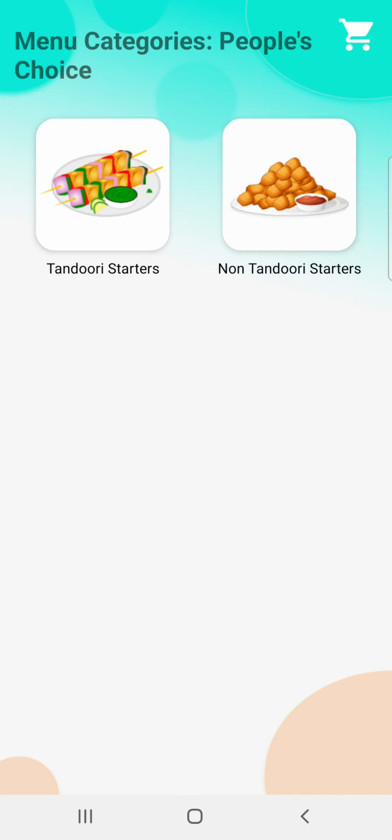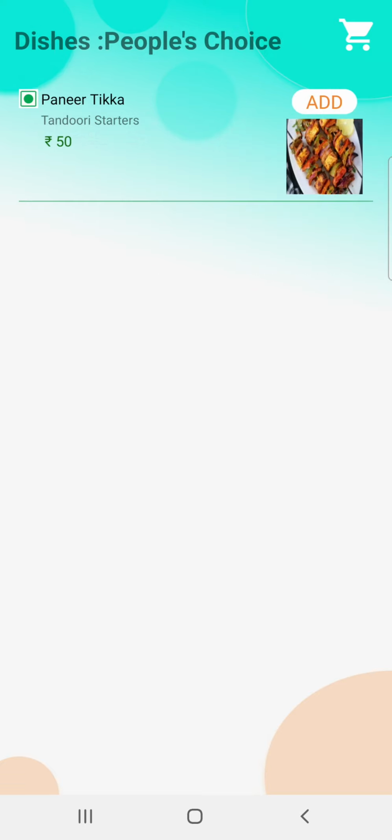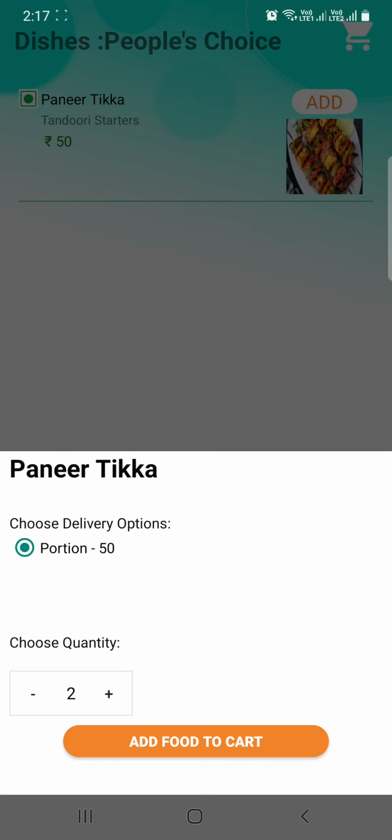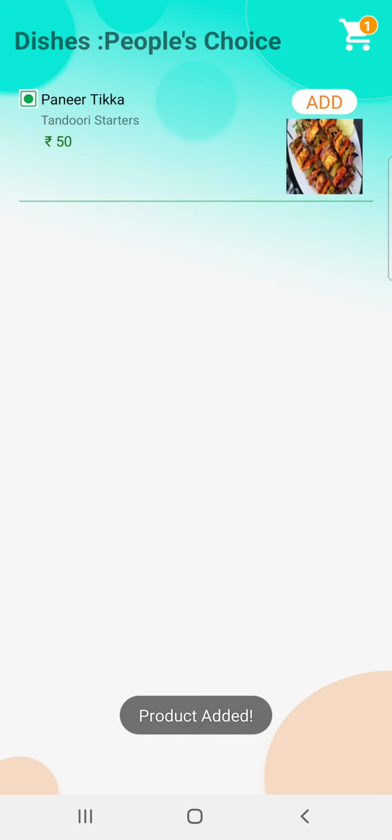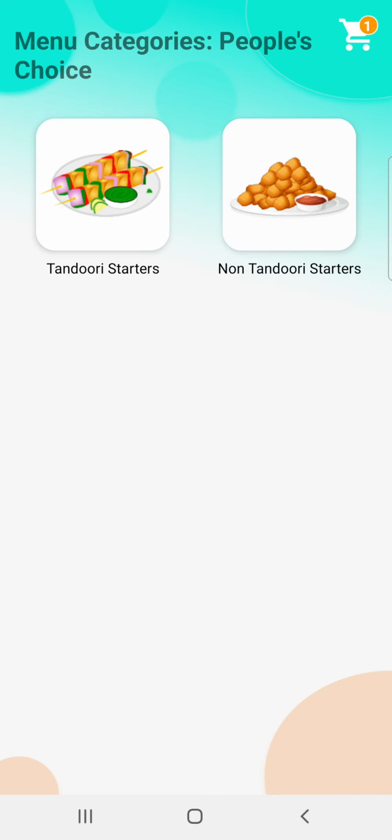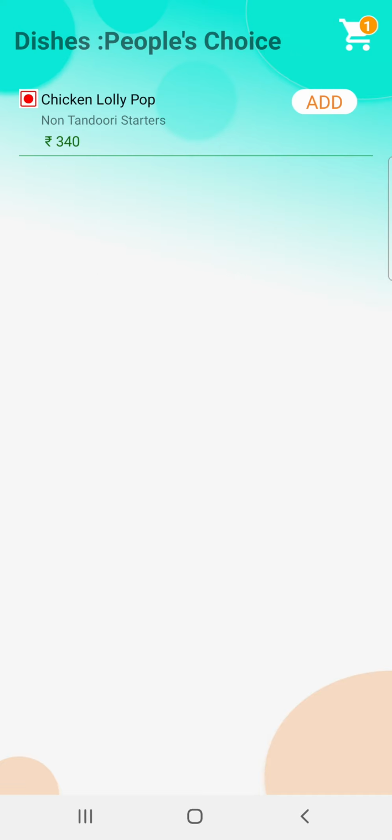Okay, so now I'm going to the first one, and then adding a particular order. Suppose I just want to buy 7 portions of that. If I want to buy anything else, suppose there is any item in non-veg tandoori, in that case also I can add.